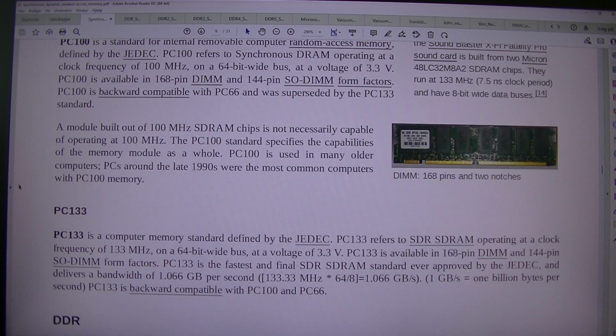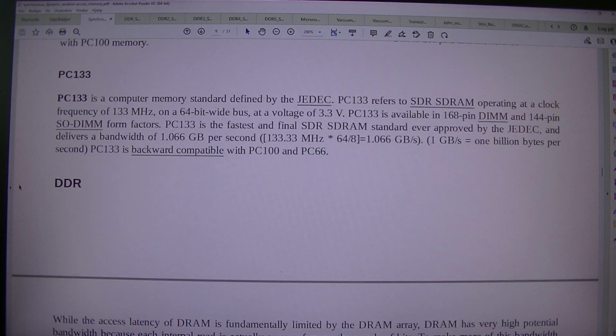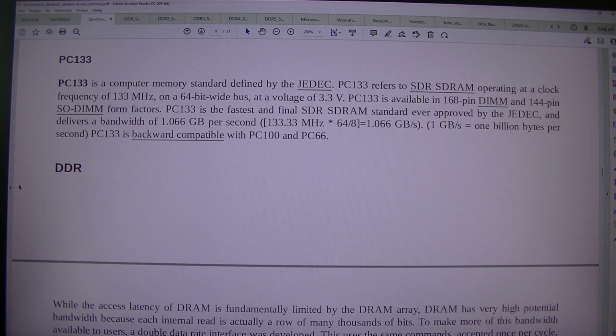PC133. PC133 is a computer memory standard defined by the JEDEC. PC133 refers to SDR DRAM operating at a clock frequency of 133 MHz, on a 64-bit wide bus, at a voltage of 3.3V. PC133 is available in 168-pin DIMM and 144-pin SO-DIMM form factors. PC133 is the fastest and final